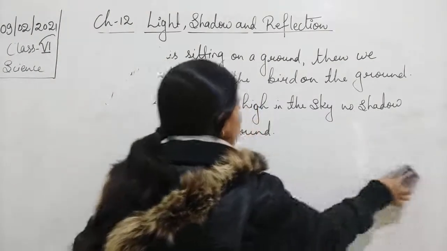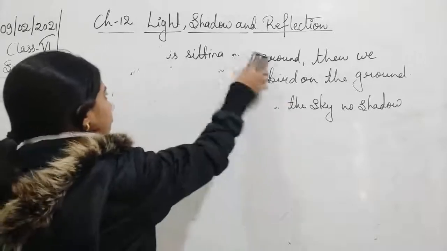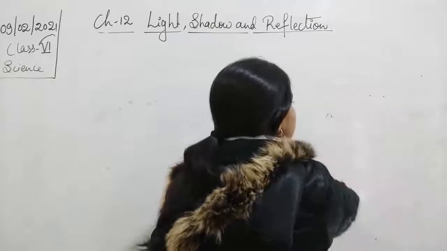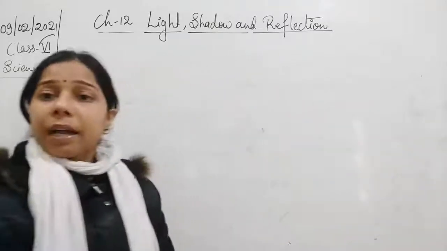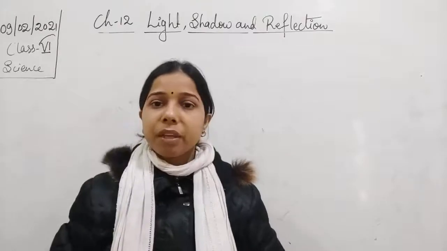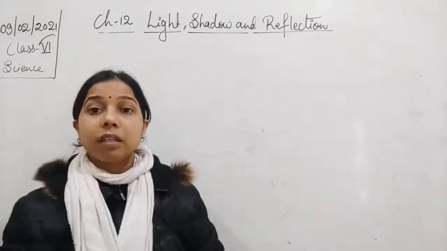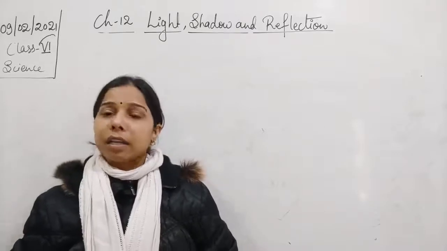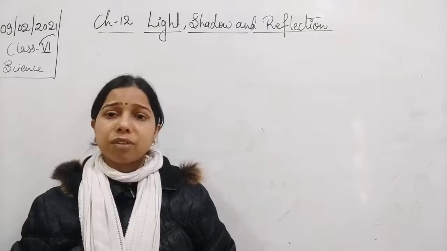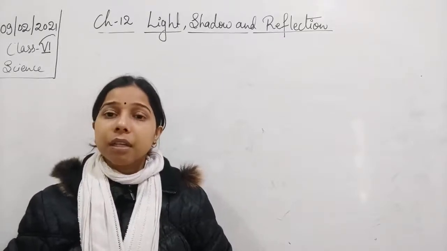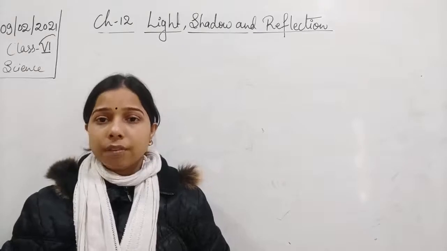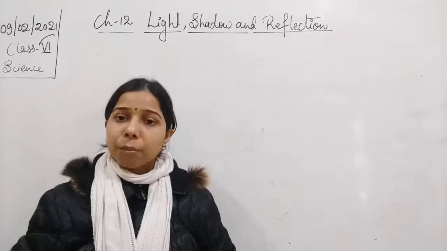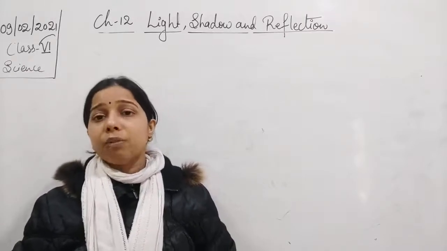Okay, so we can write it. The next one is, students, that sometimes the shadow formed by the source of light is not very sharp, but it is faded. And the reason is, you see that a shadow formed by an electric bulb of a person and that of the ceiling fan is very faint. Since the source of light, that is the electric bulb, is very small, the shadow formed is also very faint.